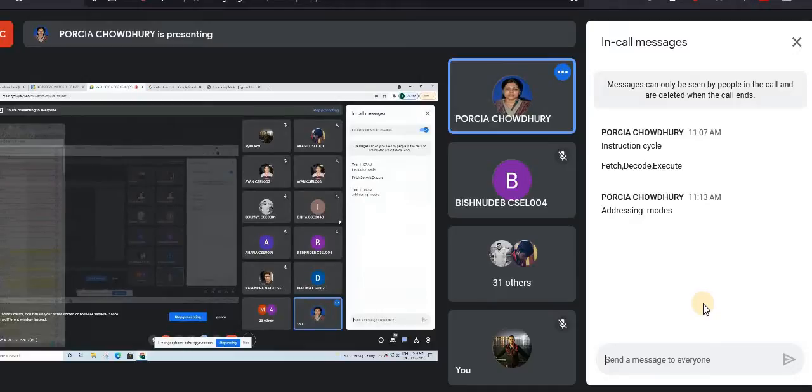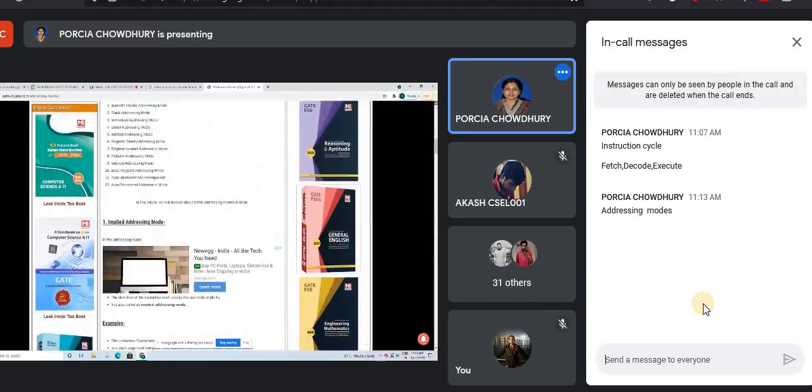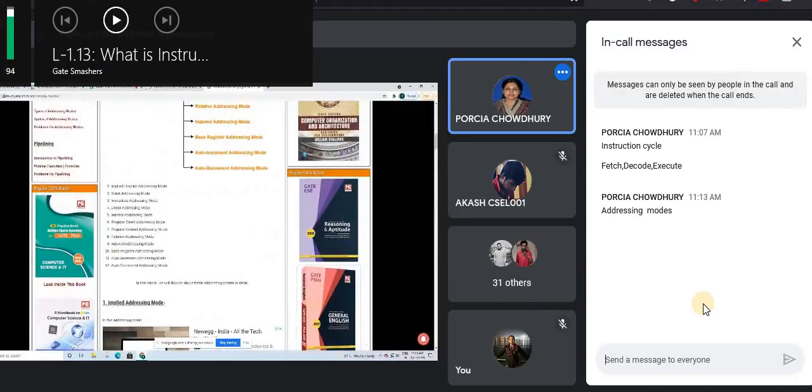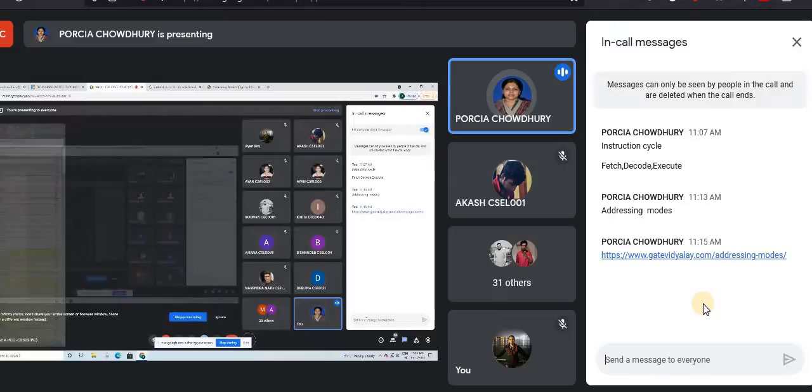So we will start with the first category. You have different types of categories as well. If you want to write down whatever I'm saying, such as the headings, you can do that. I will also share the URL. It's a good one, you can go through this as well. Save this one, it has the 12 addressing modes with examples.